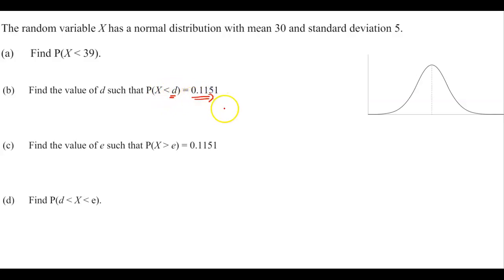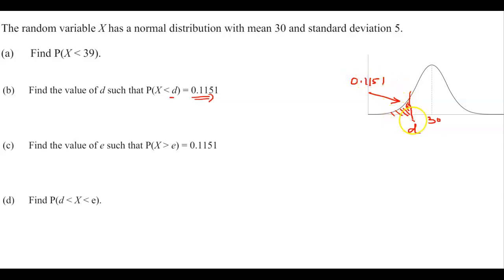One of the things we need to check first is, if this is the mean for x, we know the mean is what? It's 30. Where does D lie? Is it on the left or on the right? You can see over here that the probability of the less than is very small. That means we expect that value of D is small compared to what? Compared to 0.5. It is less than. That means we expect that D to be over here because the probability is less than 0.5. So this area over here is the area which is